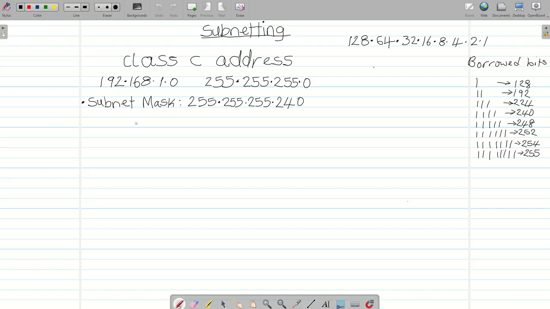So we take 256 minus 240. So you see that it will still give us 16. If that is our magic number, then it means that our first network will be